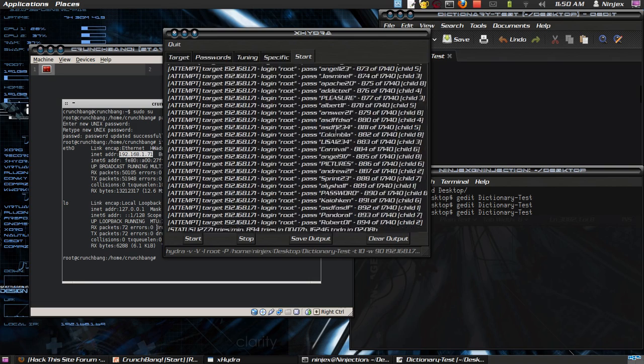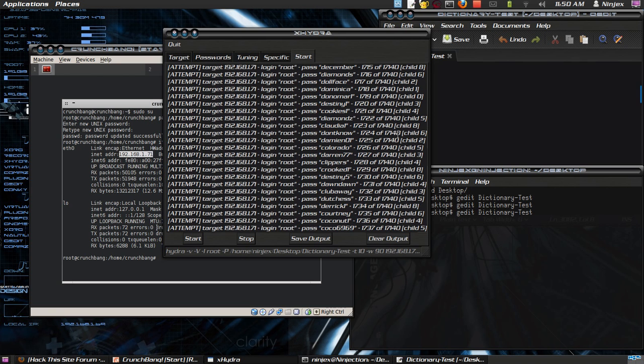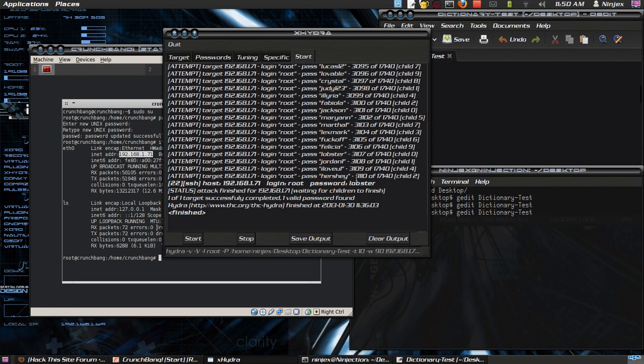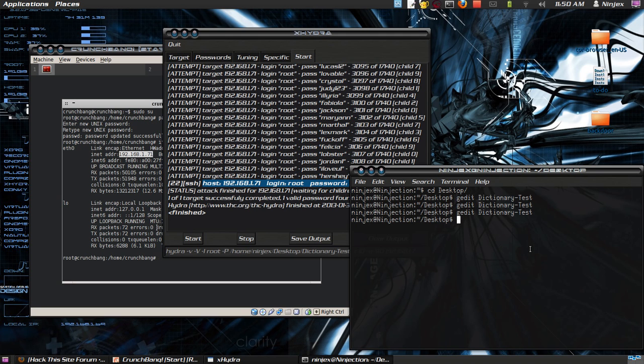And if we come all the way down here, we could see that it had to go through 3,111 passwords in order to successfully figure out that the password was lobster, the login is root, and the host is 192.168.1.71. So now that we have that, you could easily sudo ssh root@192.168.1.71